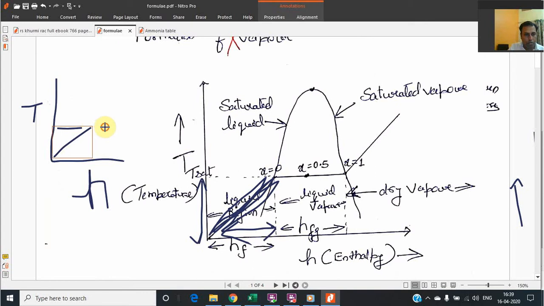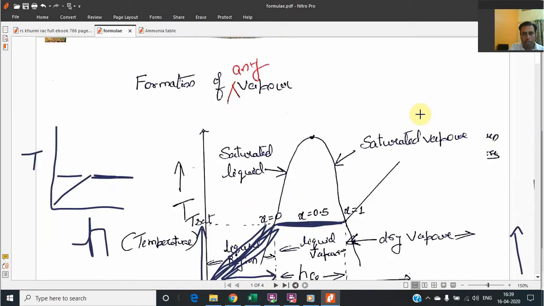After stopping, the temperature won't rise and it will go in a horizontal direction. It means if we add further heat, it won't show a rise in temperature of any liquid and it will move in a horizontal direction. For example, I am not giving the example of R12, nor ammonia, I am giving the example of water. If we are heating the water at 1 bar pressure, what will happen?